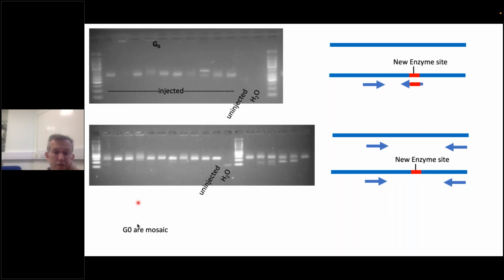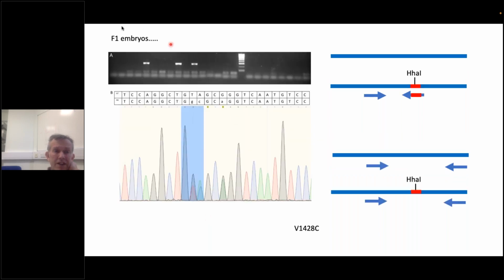What we do then is we raise injected embryos. These embryos are mosaic, so we have to cross the G0s and then look at individual embryos that are progeny from such a fish to see whether we find any fish that have the edit. And it can be seen over here. So here we have a panel of F1 embryos from a particular founder fish. And you can see that 3 of these embryos, when we use the edit-specific primer, actually get an amplification.